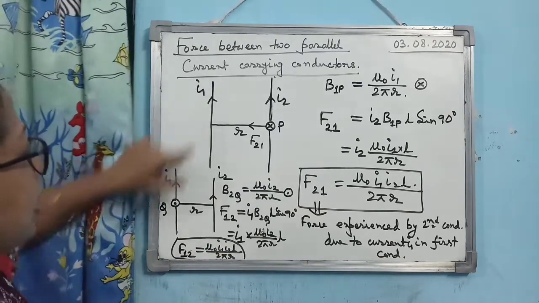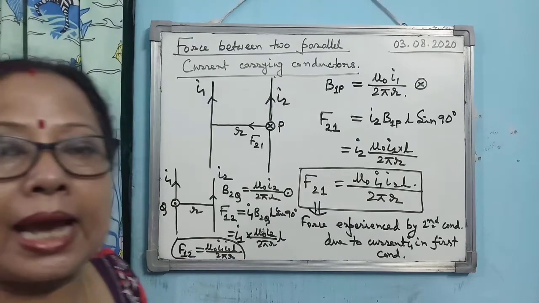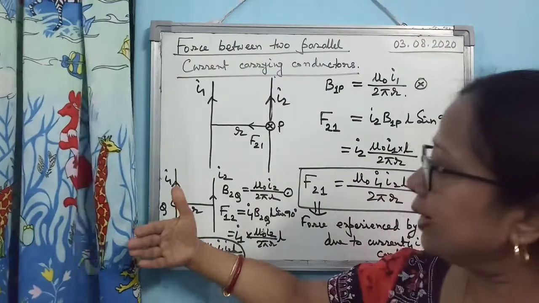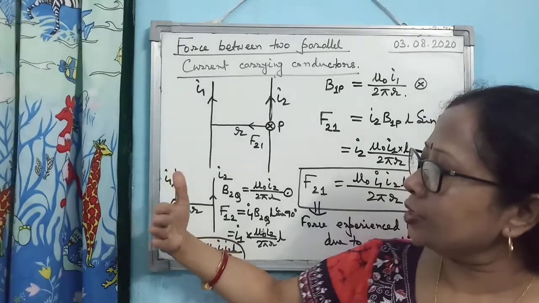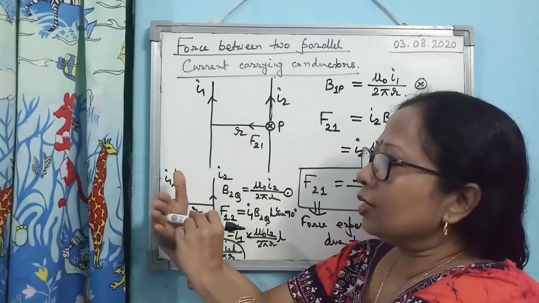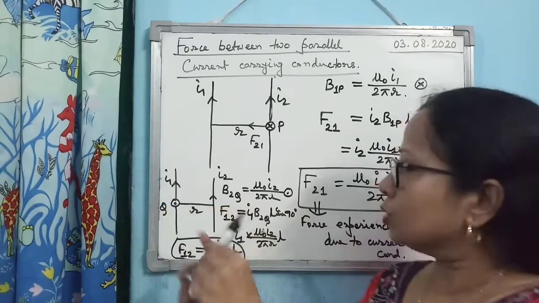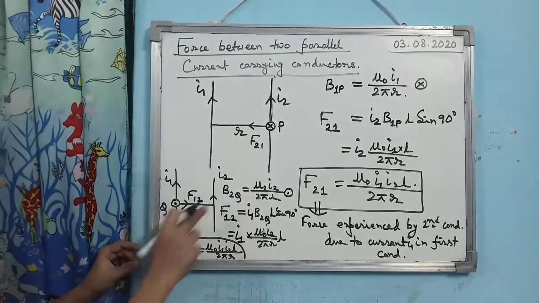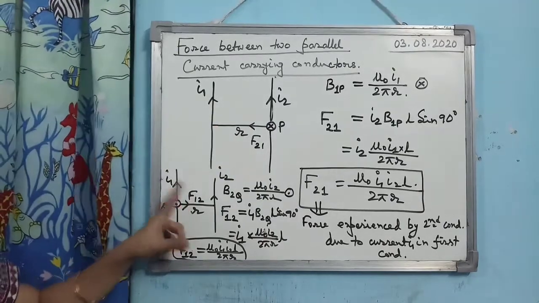Okay. Now what is the direction of F12? Again you have to apply the right hand palm rule. Here you see the magnetic field is in the outward direction and the thumb is along the direction of current. So this is the way I have to use my right hand palm. If I draw a perpendicular on the right hand palm, then the perpendicular is giving the direction of the force. So you see what is the direction of the force here? F12 is in this direction. So look at it. F21 is towards I1 and F12 is towards I2.